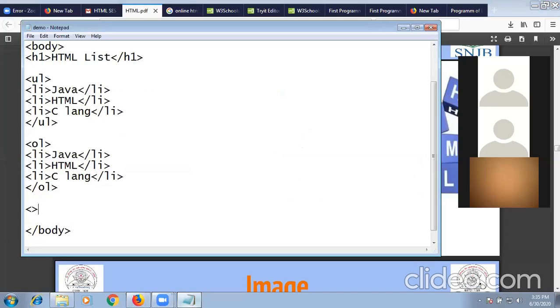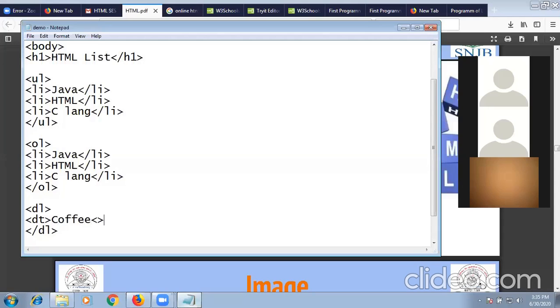So for the description list, I will use the DL tag. This is your main tag. As I have started it, I have to close the DL tag. Then in the DL tag, for the main text I'm using the DT tag. The main text is, suppose, coffee.